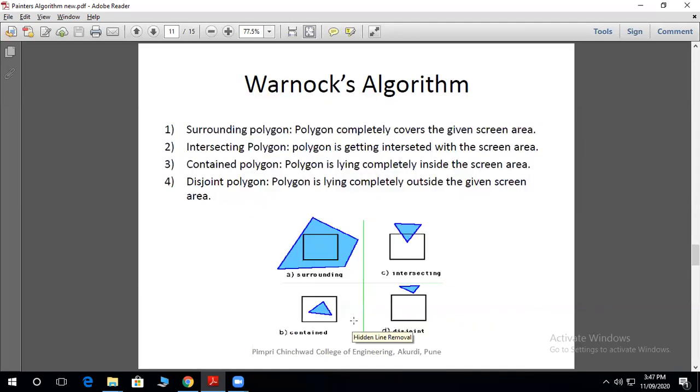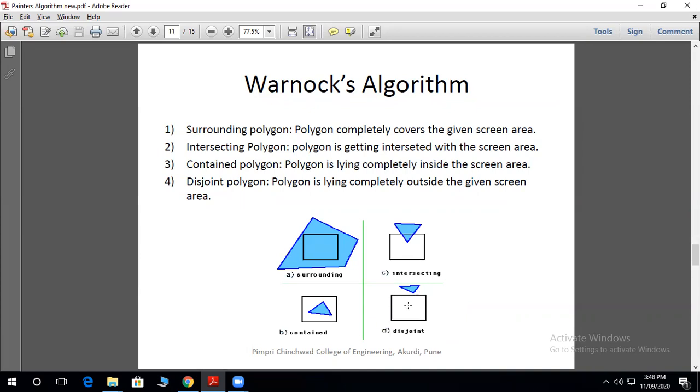Now, the polygons coming under the disjoint category, category 4, are totally invisible, so there is no need to consider them for visibility.